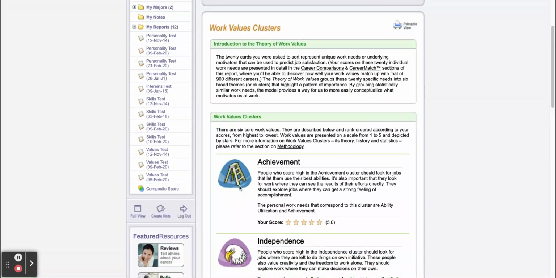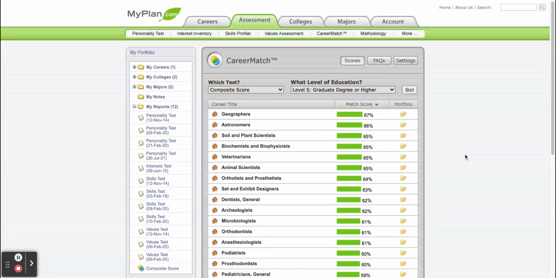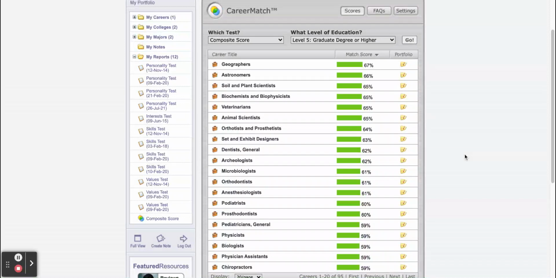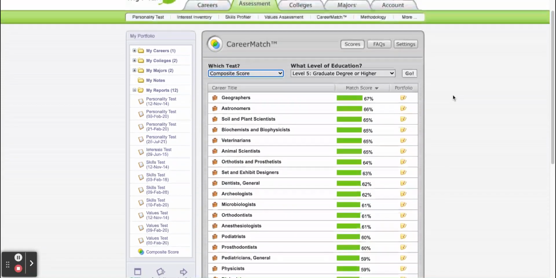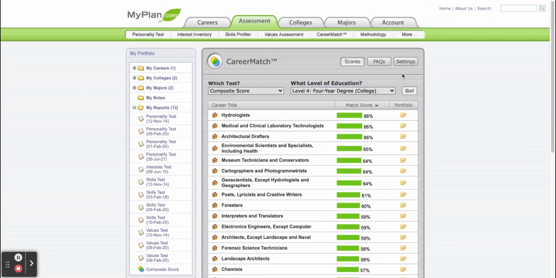All right. And then if you want to look at your composite score, this is what is the career match. And so this is going to take into account all of your results and give you some idea of what might be a good fit for you. So you can use this drop down to base it upon single tests, or you can use all of your scores for the composite. You can also choose how much education you want to go through and see what type of stuff comes up for that. So if I were to change it to a 4-year degree and hit go based on my composite,